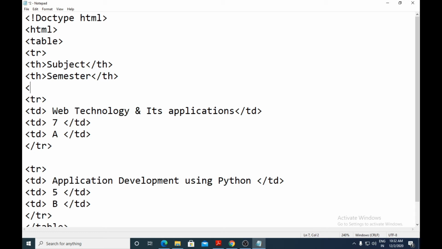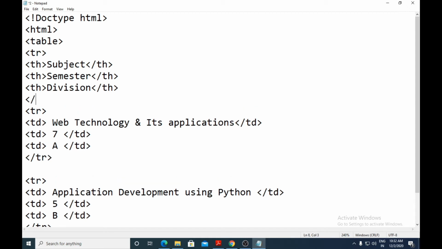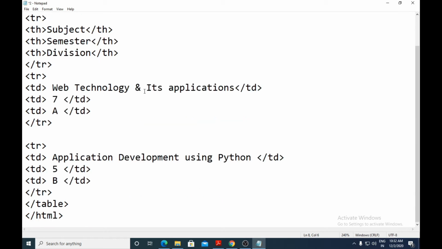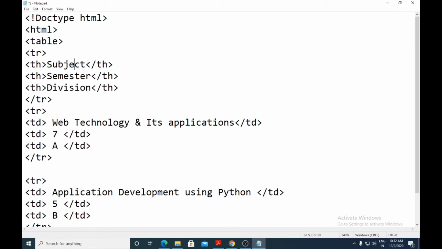And third I'll give it as division, because the content below I have given according to this only. Okay, then you close this row. So what will happen is, above web technology and its application the title will be subject, above 7 will be semester, above A will be division.